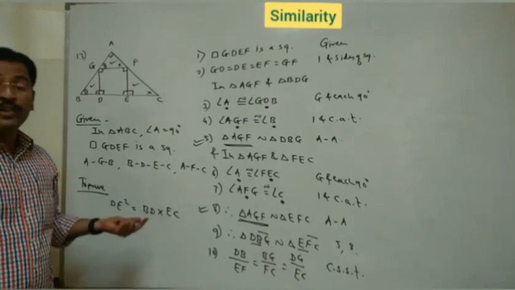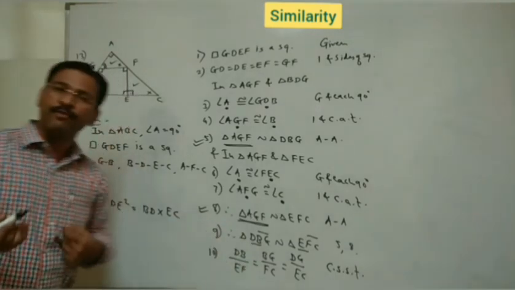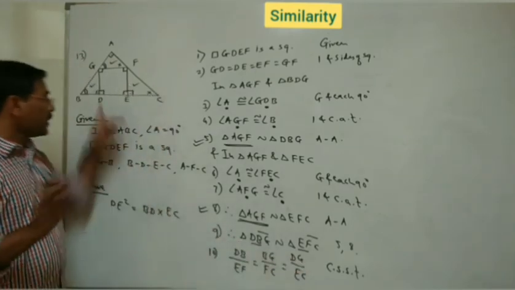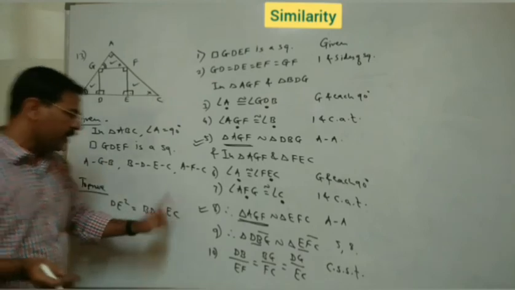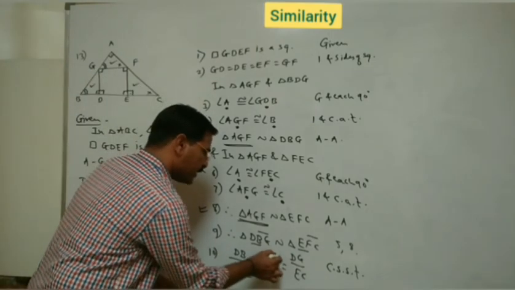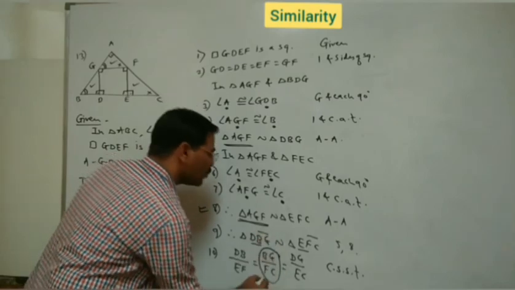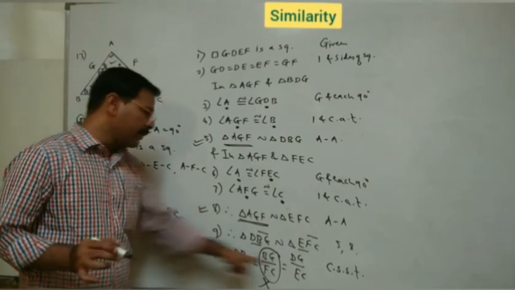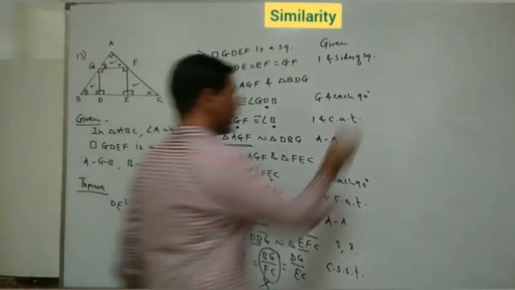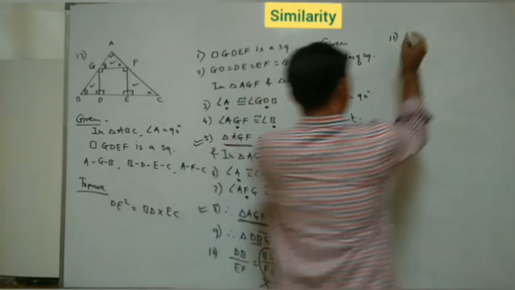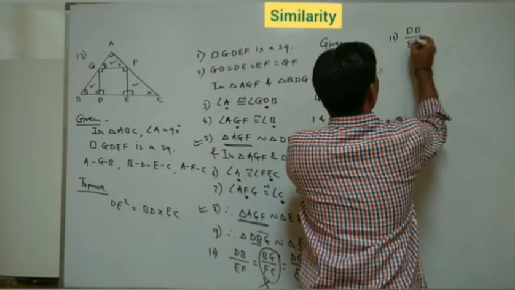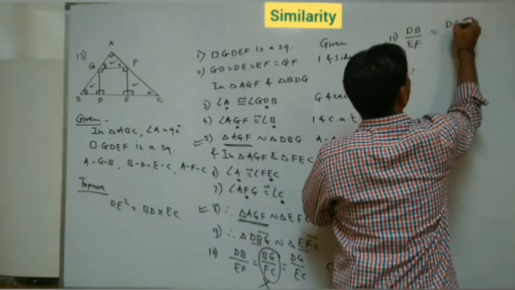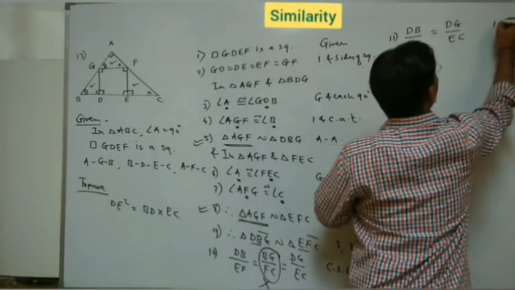Now, look here, which two ratios we have to choose. Look here, we want D square, there is no DE. Okay, that will come afterwards. BD and EC, yes, these two are needed. That means this one we do not need to take. Understand? I'll take these two only because DB and EC both we need here. So in the next step, I'll write DB upon EF equal to DG upon EC. This is from 10th step.